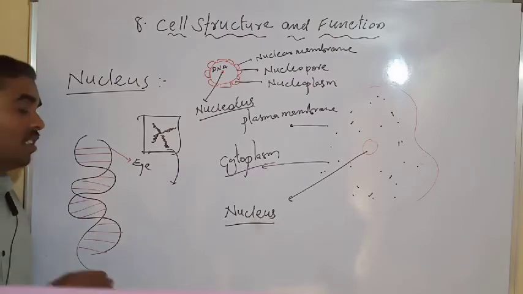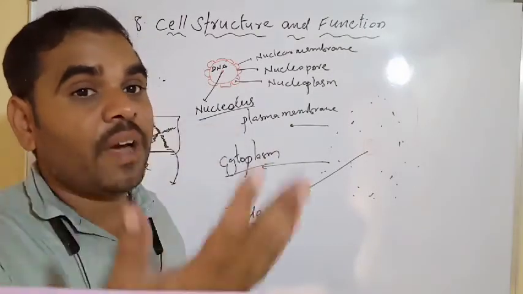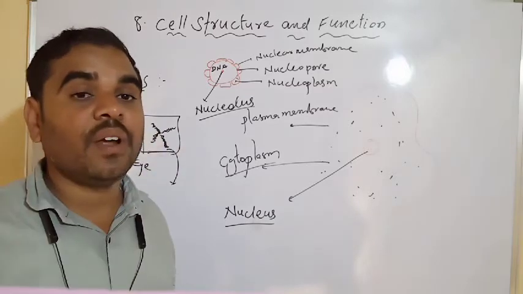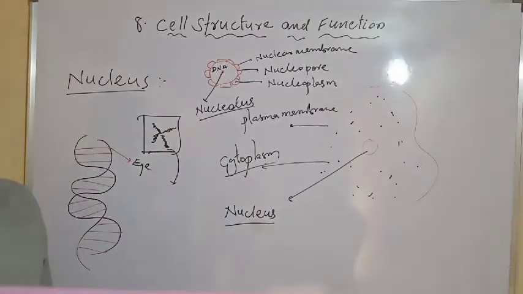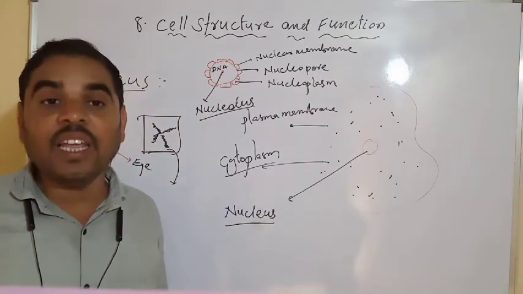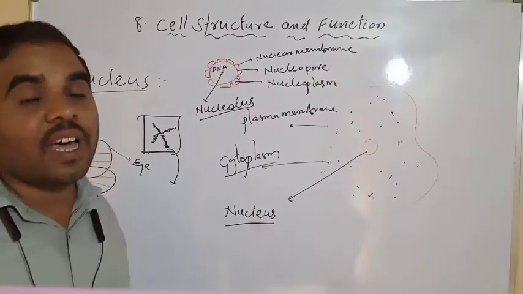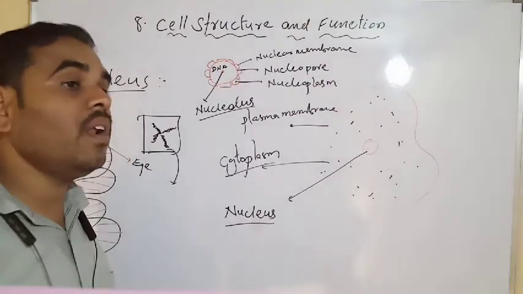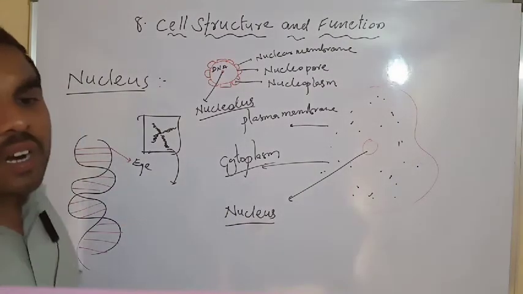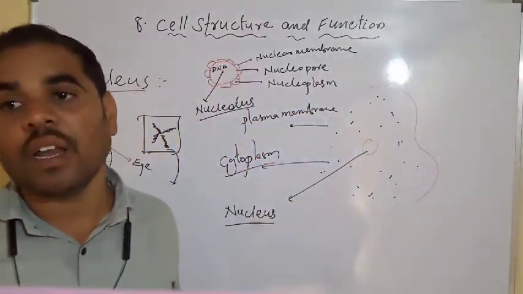This skin color I am getting from my father. This eye color I am getting from my mother. Hair structure also, curly hair. Some members have curly hair. Hair also comes from our ancestors. A gene is the unit of inheritance in living organisms.